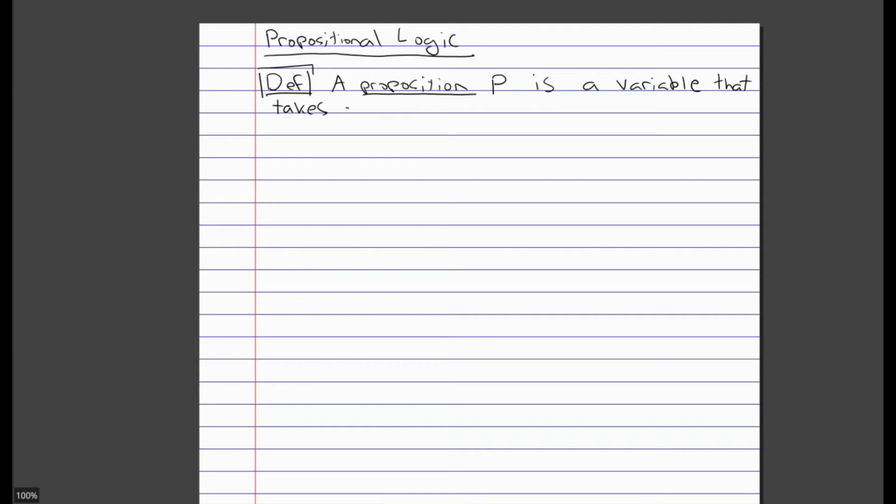So we say either the value true, which we typically will denote with a T, or the value false, which we denote with the value F. So a proposition P is a variable that takes either true or false, and all of propositional logic is built up on this assumption. So we assume that a proposition is in some sense a statement that's either true or false. And I guess from the beginning, we need to understand that